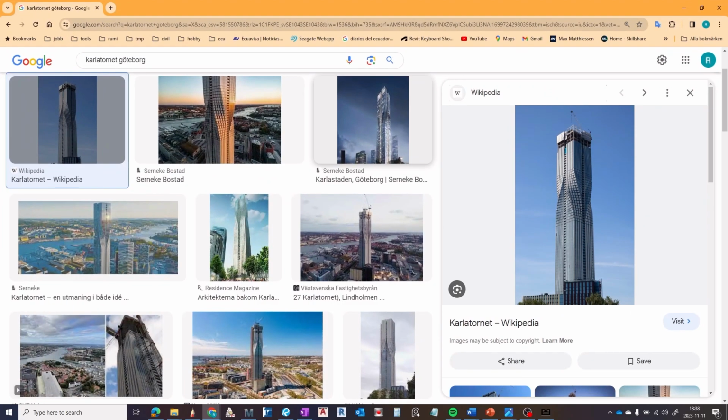So I have done another calculation, another presentation, but I am not ready right now with that, and we can compare later on the Karla Tunnel here in Gothenburg with the Eiffel Tower in Paris. I hope that you get some knowledge about that and some ways to improve your understanding